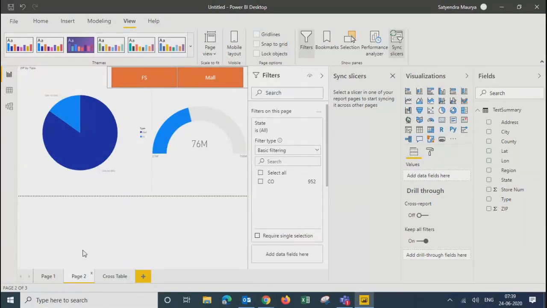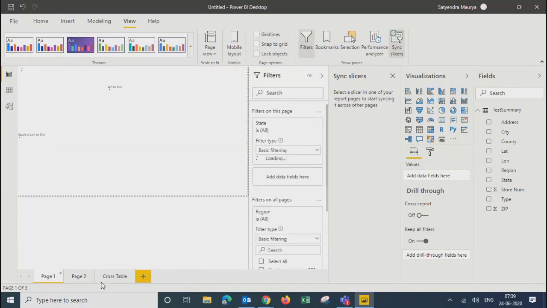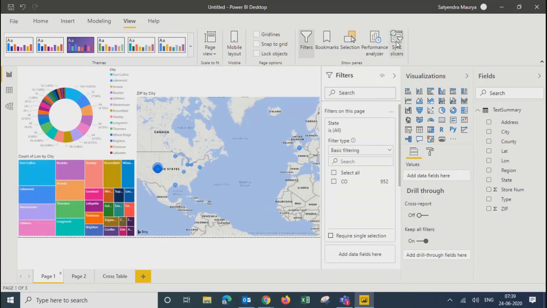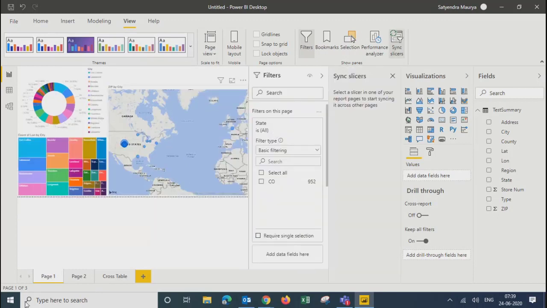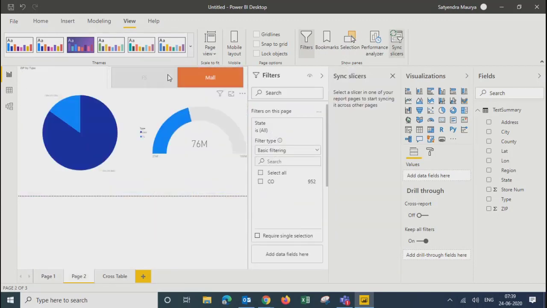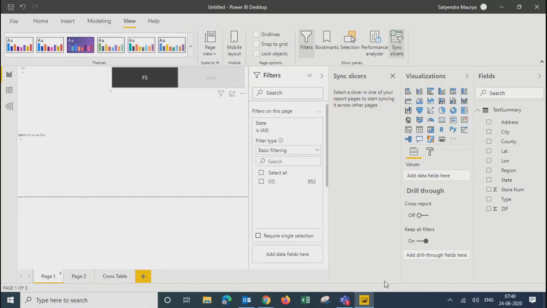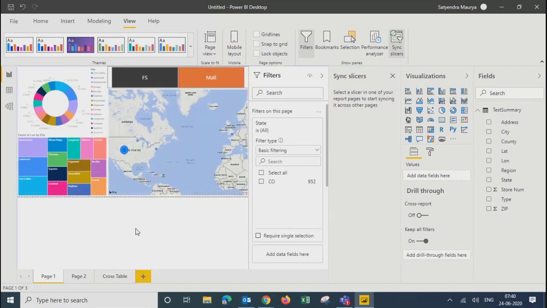Okay. So what I'm going to do now is go back to sync slicers again. We'll select that particular slicer and mark it to appear on page 1 as well, because I kept that space, and then I'll publish this. So let me go ahead and publish it.